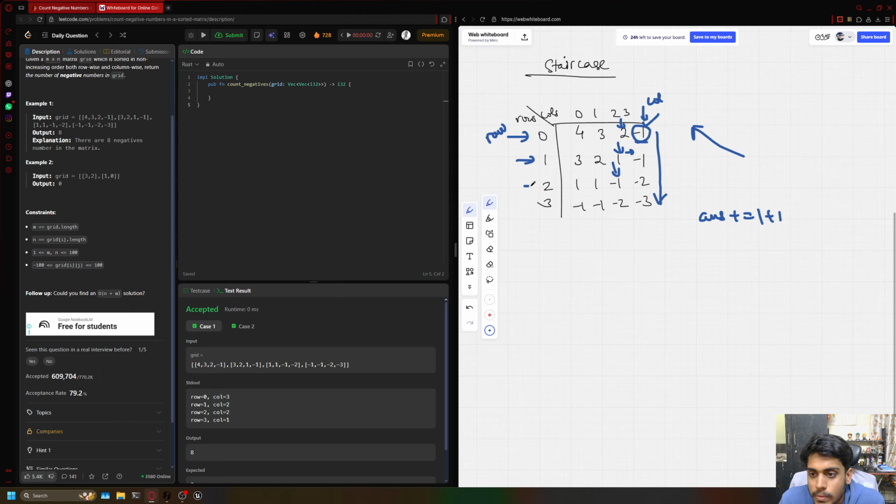Now in this row iteration, my pointer will start from here. This is a negative number, so I will shift my pointer to this place. Now this one is not negative, which means whatever values are to the right of it will be negative. So here I'll add plus 2. Then after this row evaluation, I will shift my row pointer to here and my col pointer will be